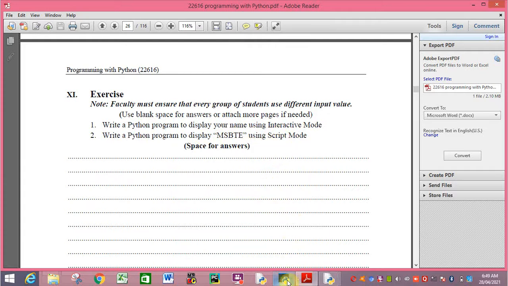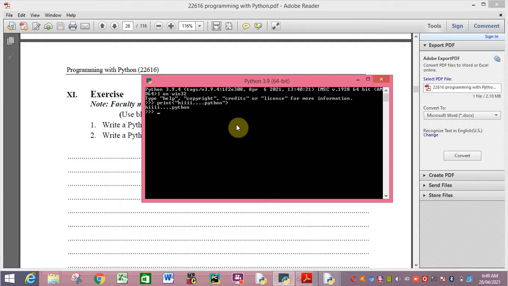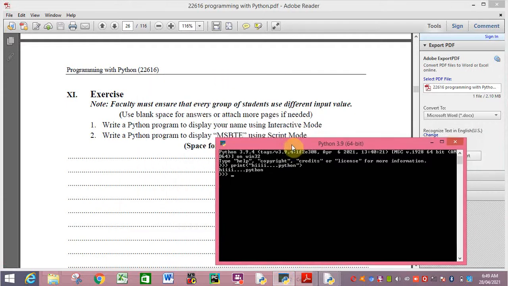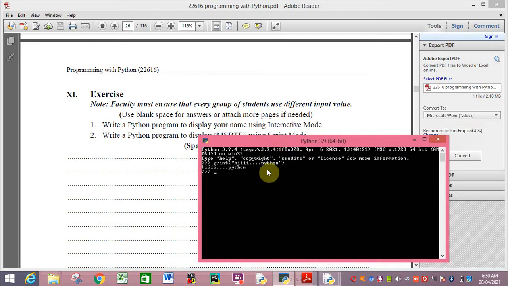Okay, interactive mode: display your name using interactive mode. So I am just writing here print. If I write in single quotes, it is also okay. Hello, Priyadarshini.